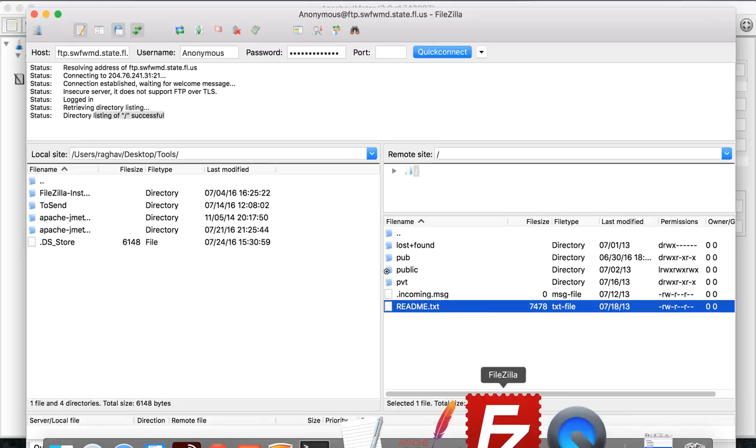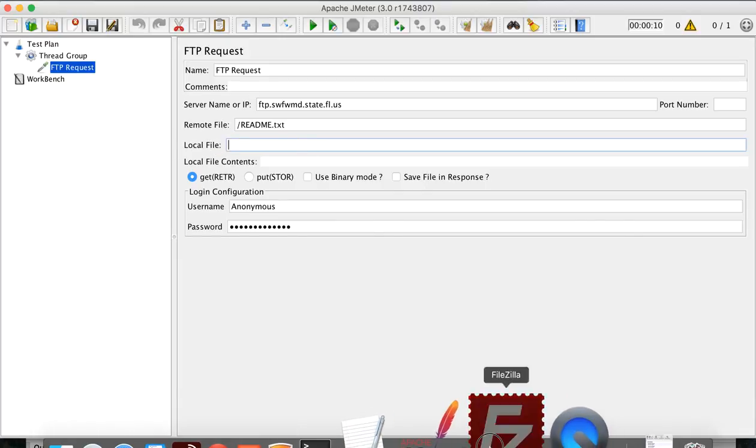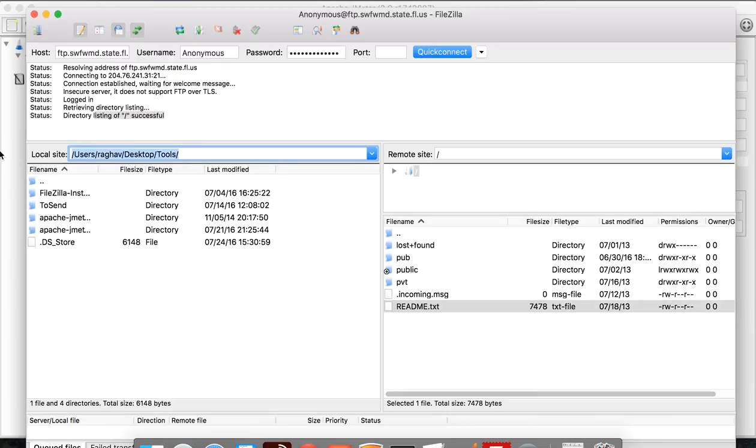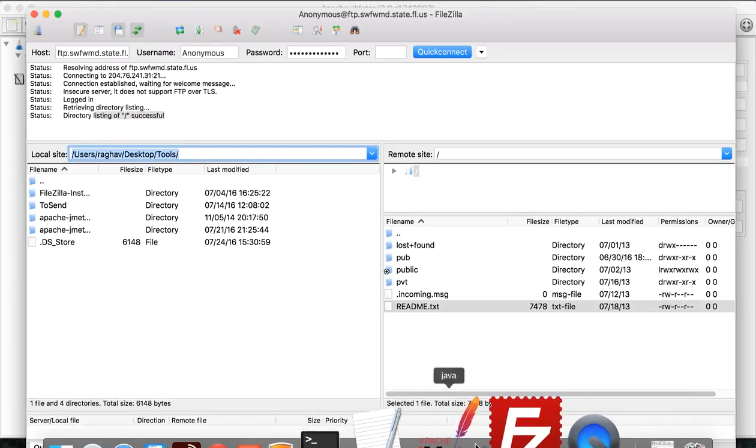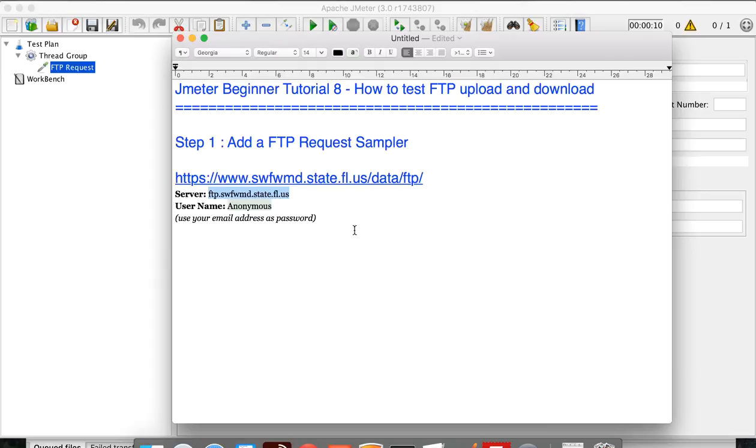Okay, so I'll say get file readme.txt from the server, and I have to also mention the local file location. Okay, so I want it to be placed here. And I can also give some name. So let me give the same name. I can also give some different name here. Okay, and now our FTP request is ready. So we have to run and validate it. Okay, so what we have done is